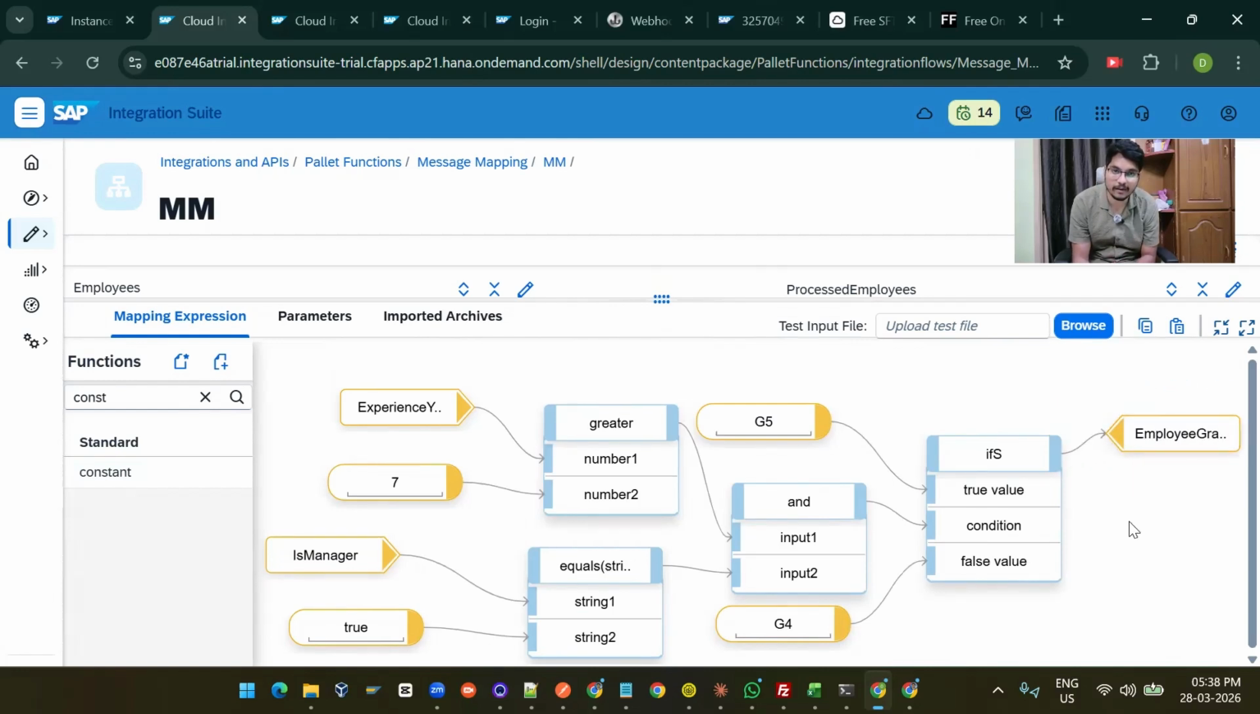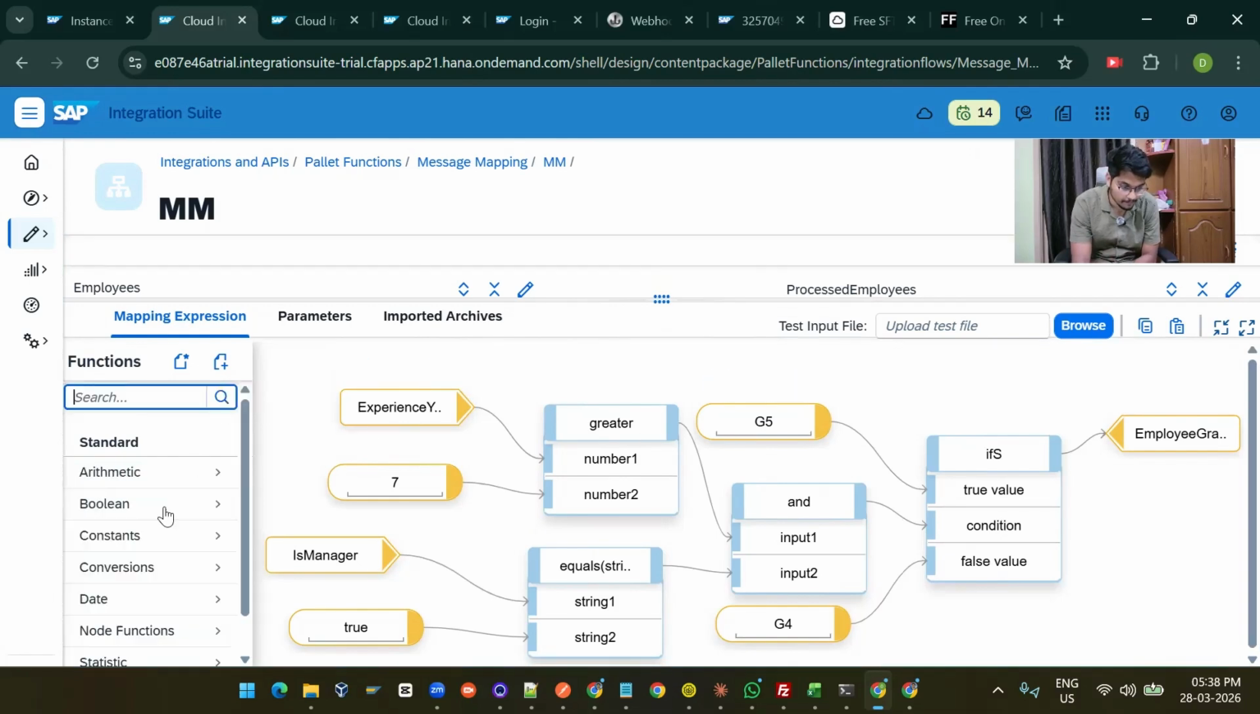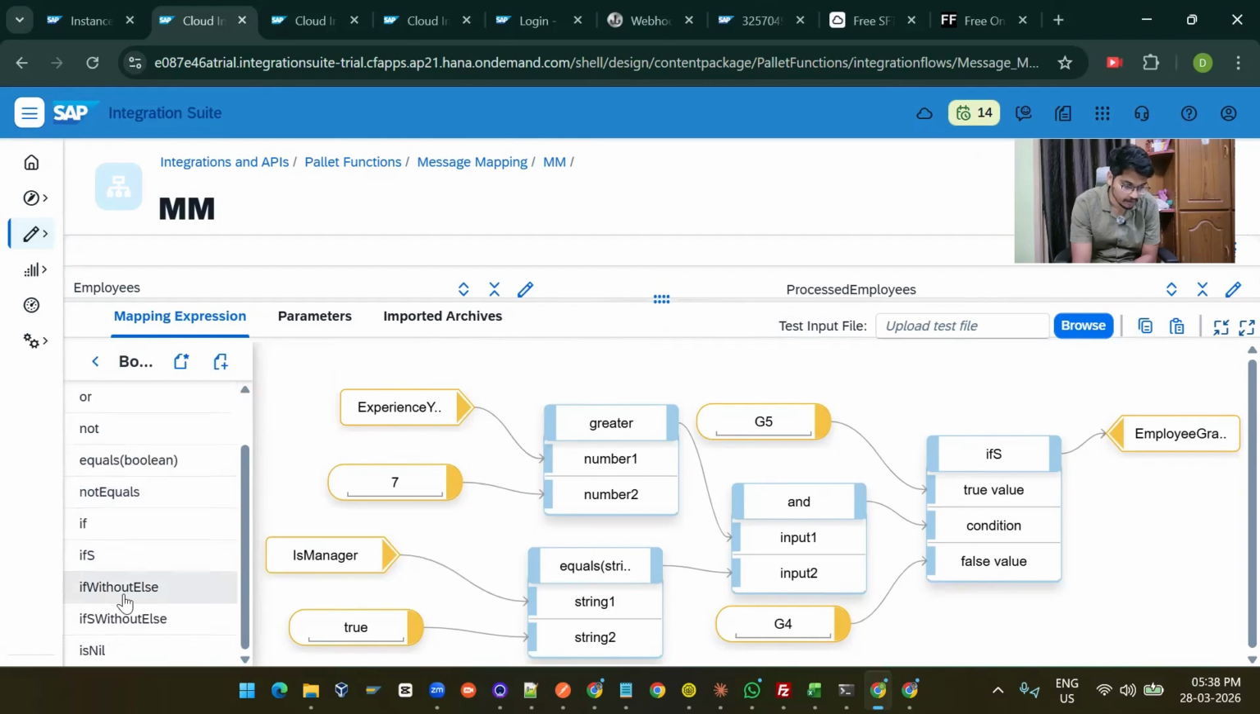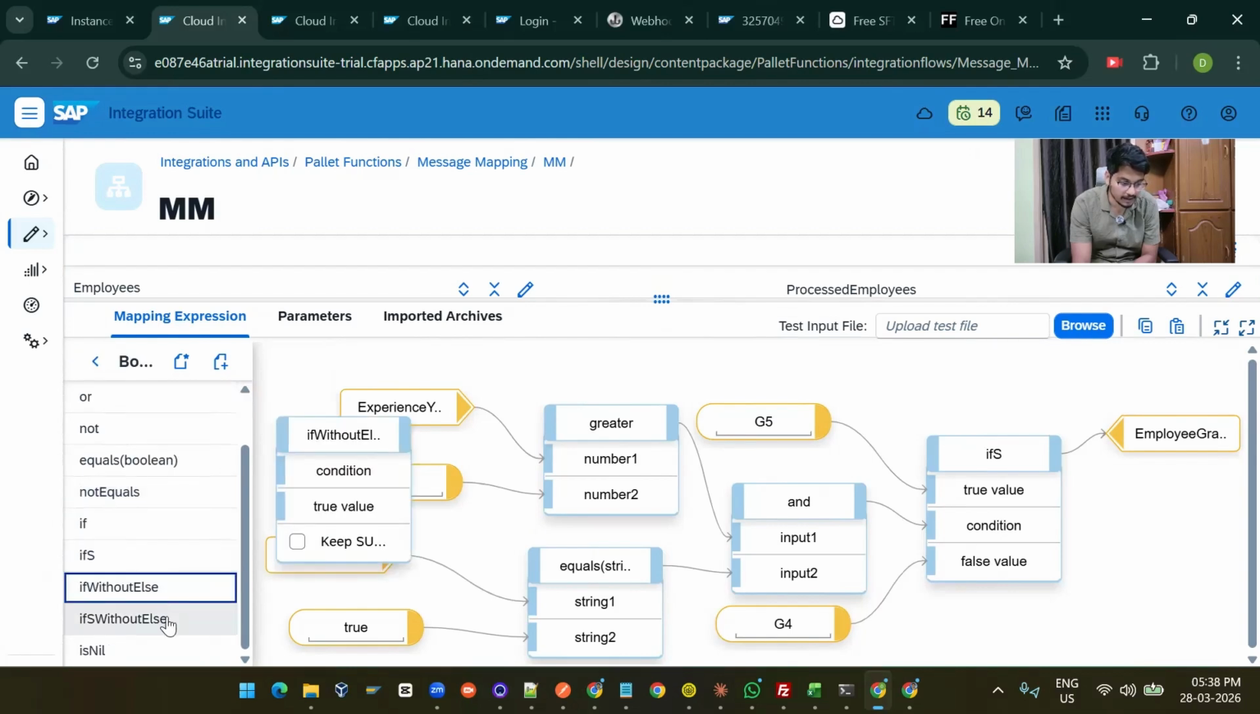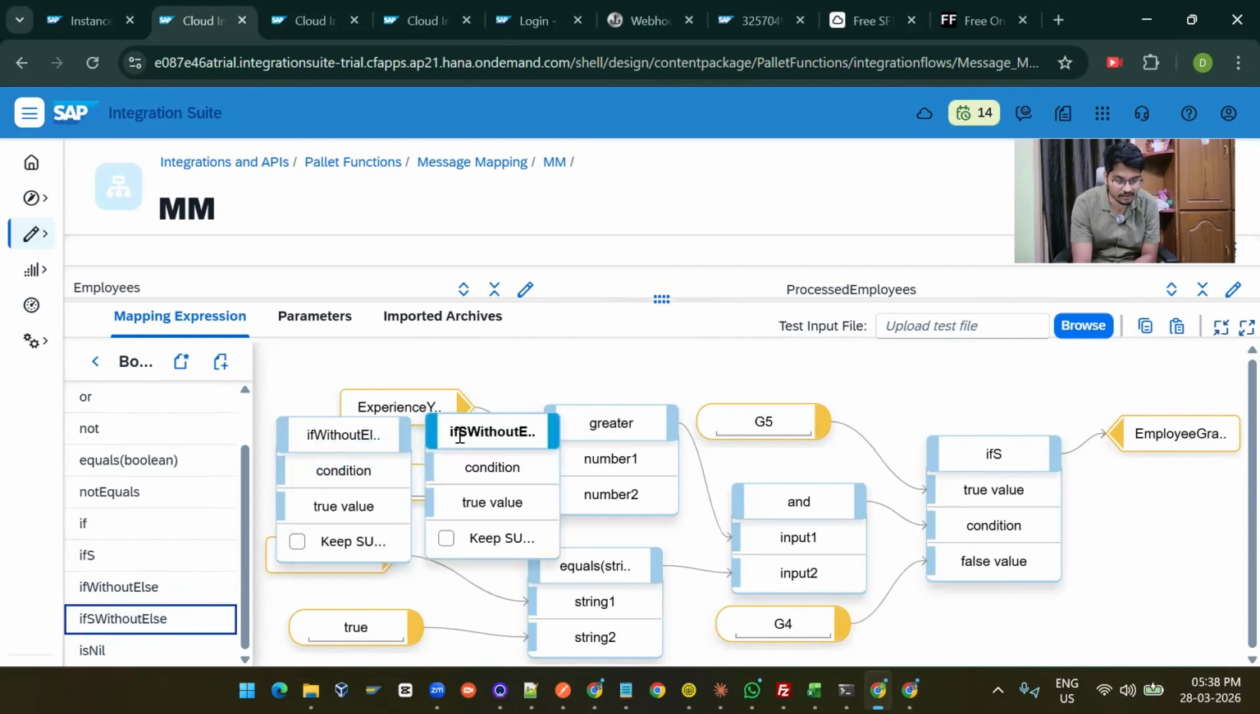The same applies to the ifS without else function as well. So, we have if without else and ifS without else. So, here you can see there is no actual difference, right? Both the functions are similar, both the functions are identical in terms of configuration. So, what is the actual difference here? Same, the performance. ifS without else has better performance compared to the if without else. So let's move on to the final field here,